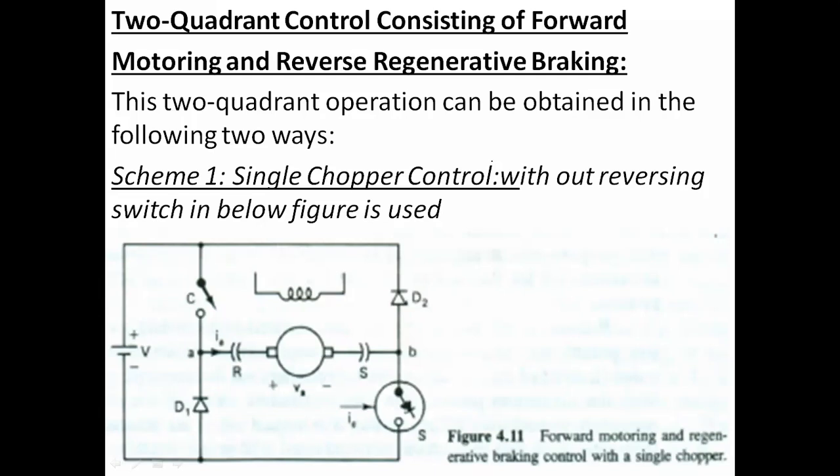But the choppers we are using in these applications are used in current source inverters. We can overcome the disadvantages of this two quadrant chopper with a four quadrant chopper also. Again, this two quadrant chopper has two types of schemes, scheme 1 and scheme 2. So in the next class it will be explained.